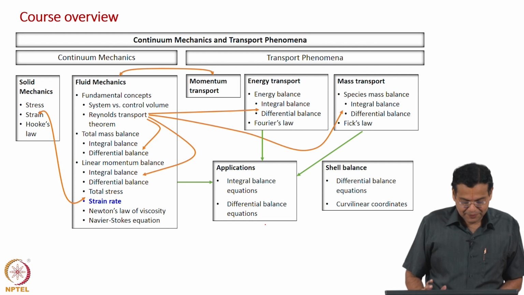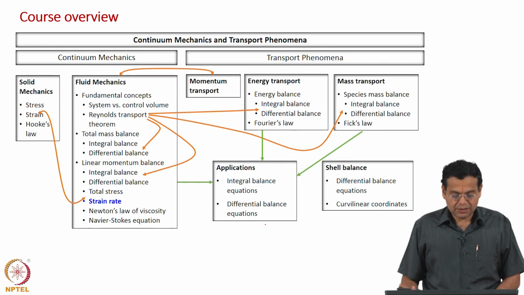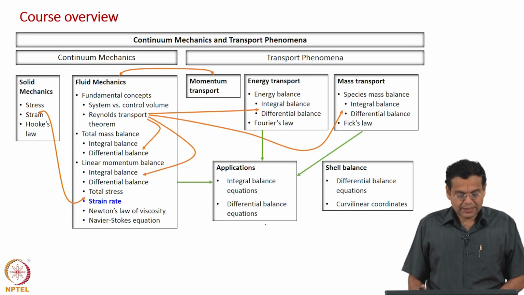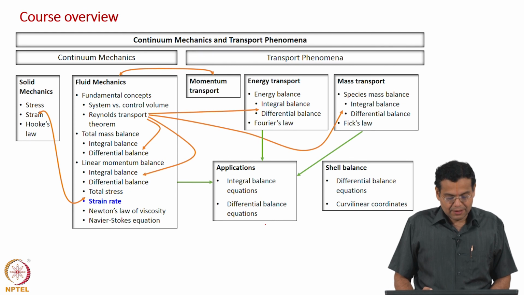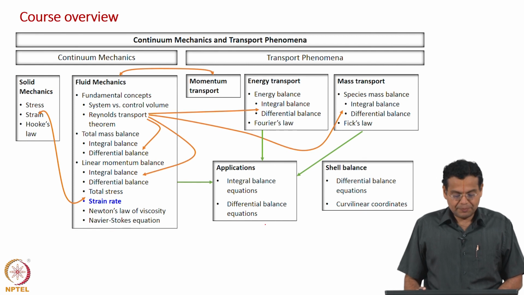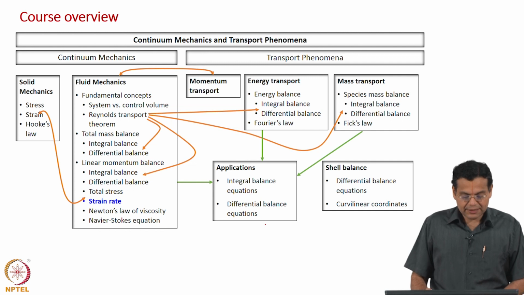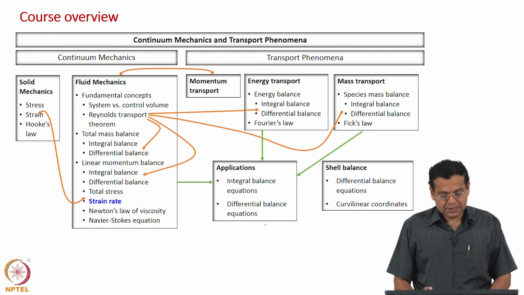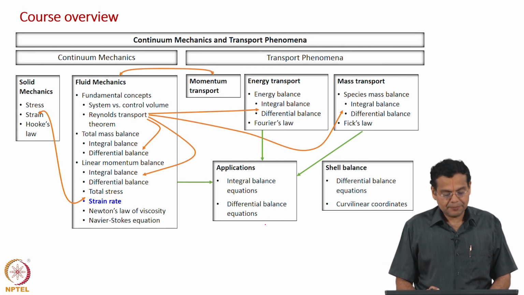We have derived the linear momentum balance and then we are proceeding towards the Navier-Stokes equation. To understand the surface forces on the right hand side, we went to solid mechanics, understood stress, came back to fluid mechanics, understood total stress, and then we had completed the differential linear momentum balance, and then we realized that the viscous stress tensor components are unknowns.